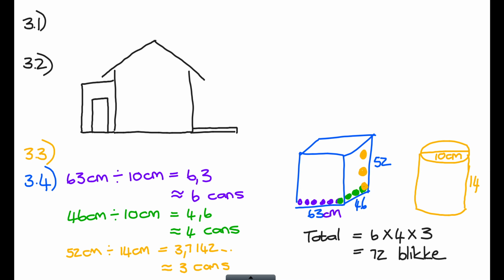But this small drawing is only one of 4 of those, no. So in one such little shelf, 72 cans fit. So the question asks, how many can fit in that full middle shelf? That's why I've got to take the 72 and times it by 4. Okay, so then I'm going to say,